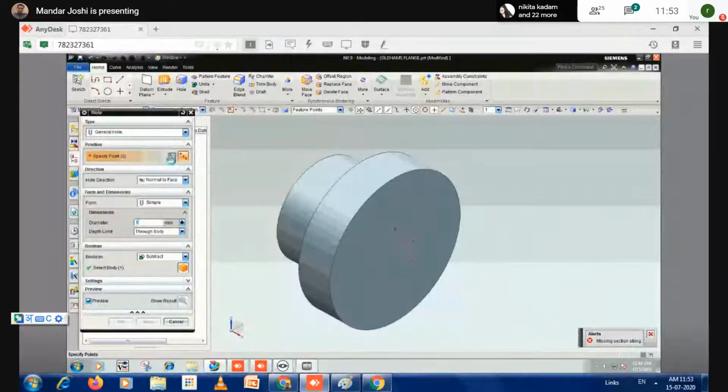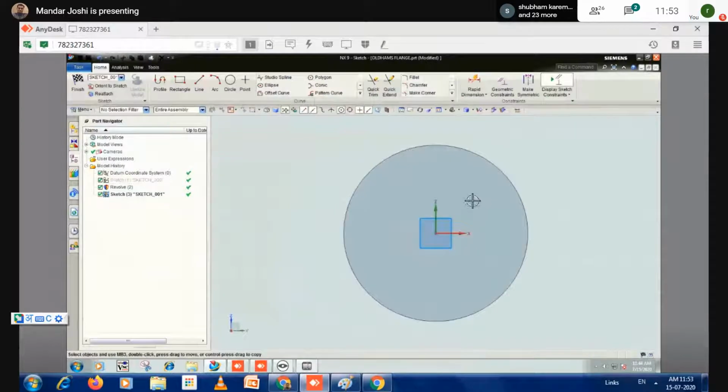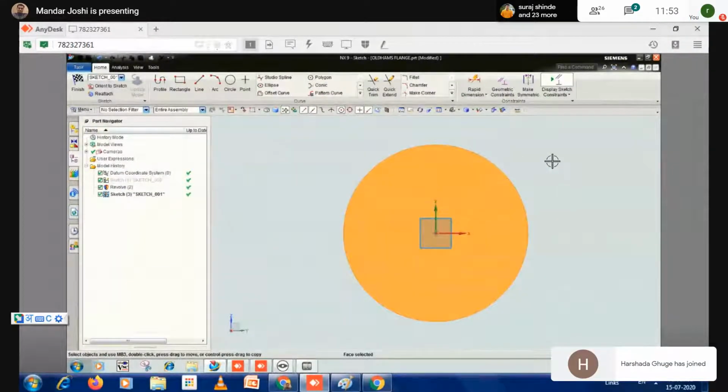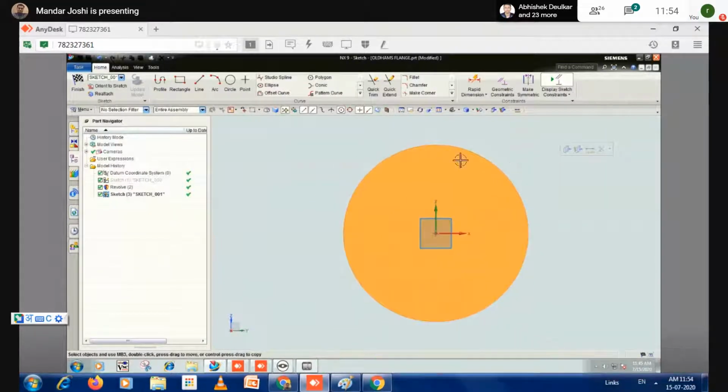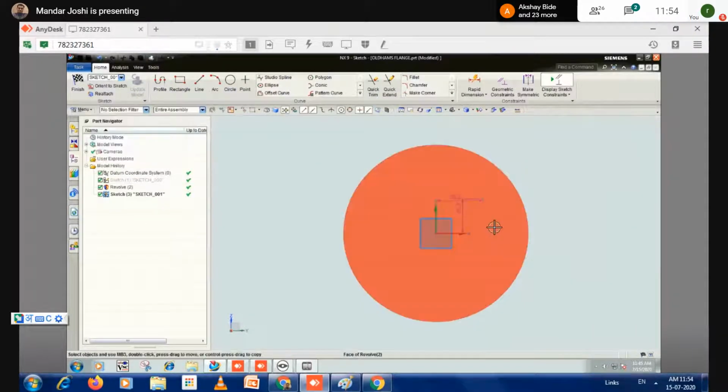So I'm selecting this sketch and I just click here. Just click on the point option, then click here. Now middle click and apply the relation.